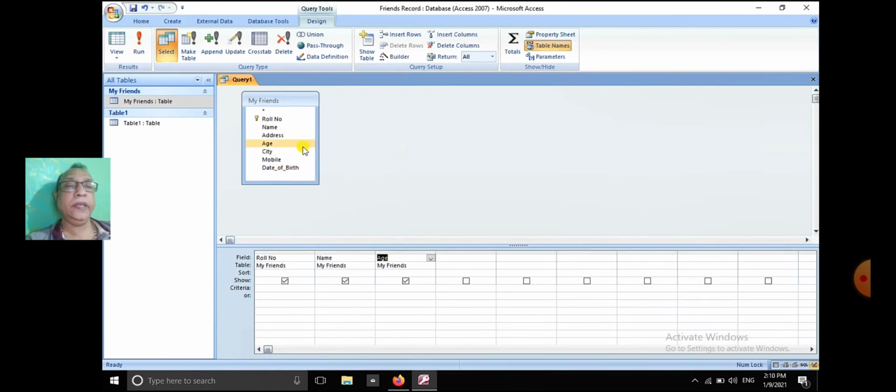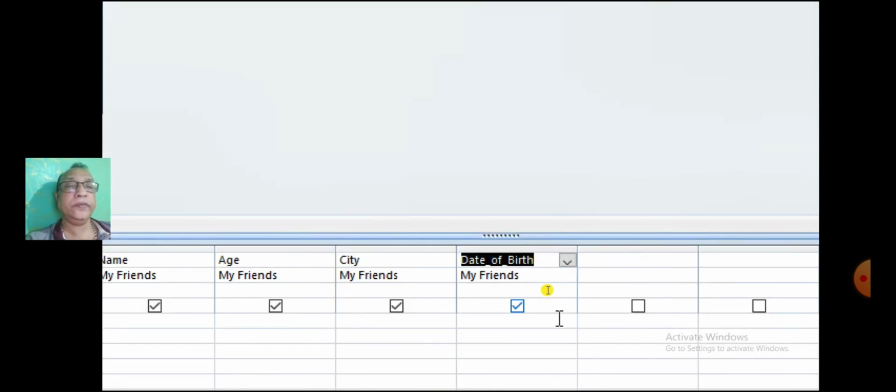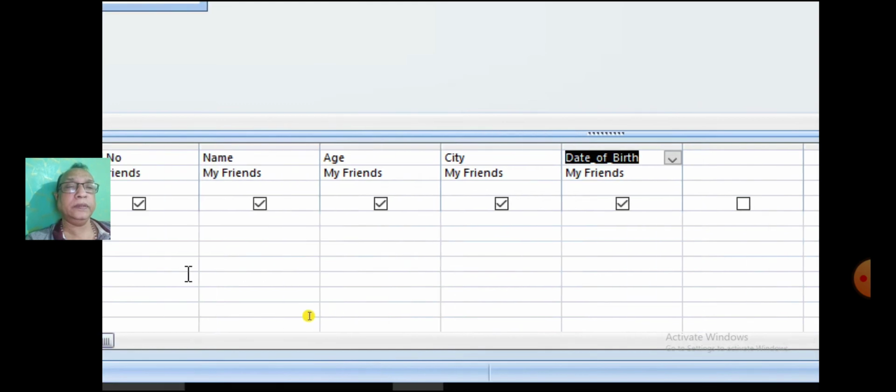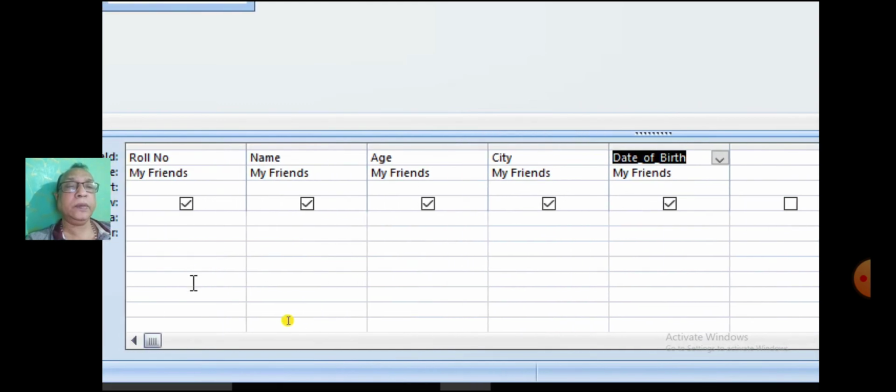The next query is display records whose birthday is going to be next month, that is February. Here month numbers are Jan is equal to 1, Feb is equal to 2 and so on.